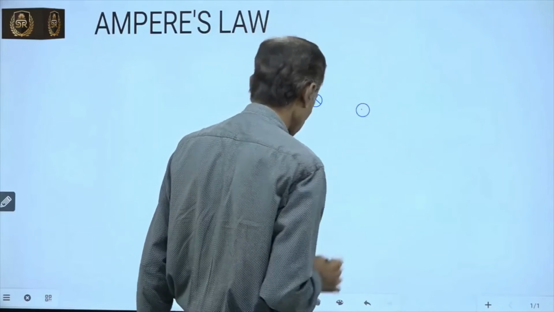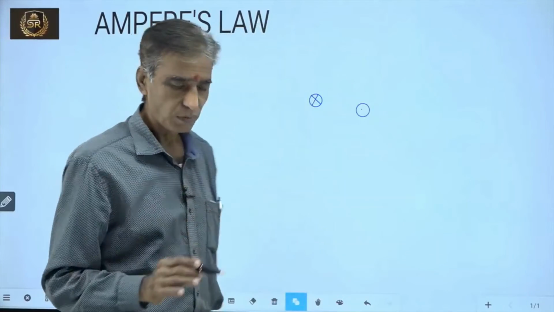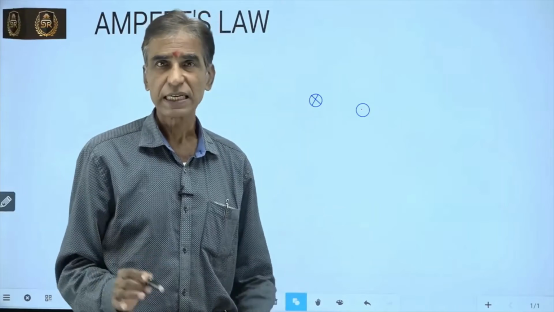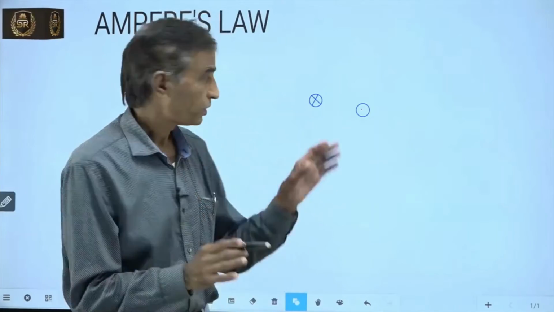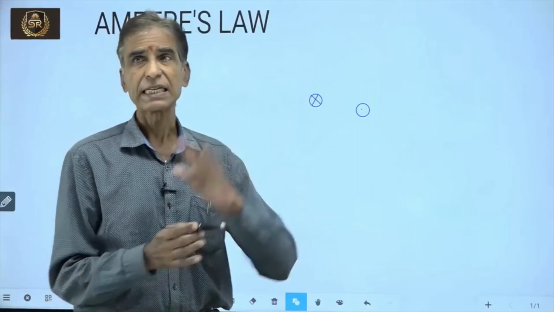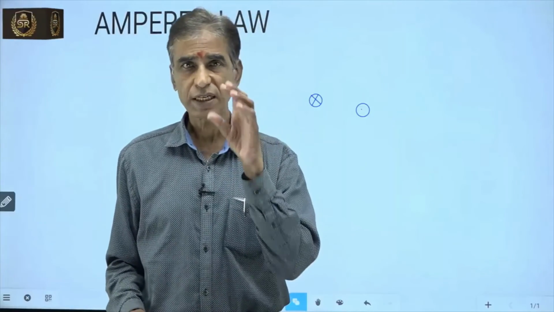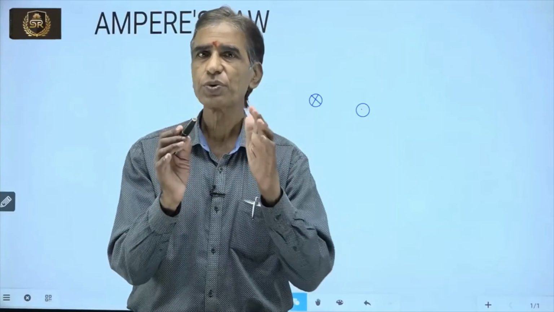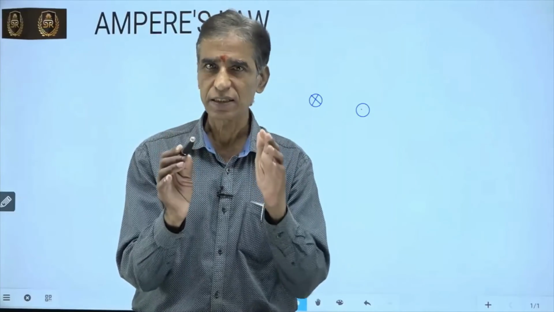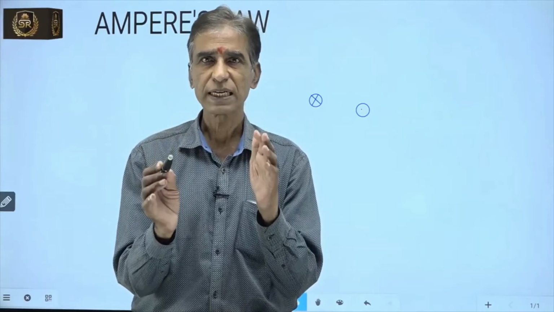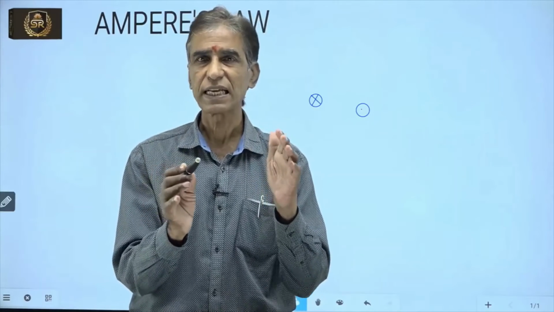Now we want to find the magnetic induction at a point in space due to these two current carrying conductors. What we are going to do is imagine that these two current carrying conductors are enclosed by a closed surface, an arbitrary